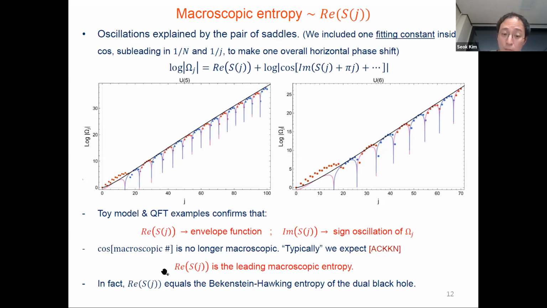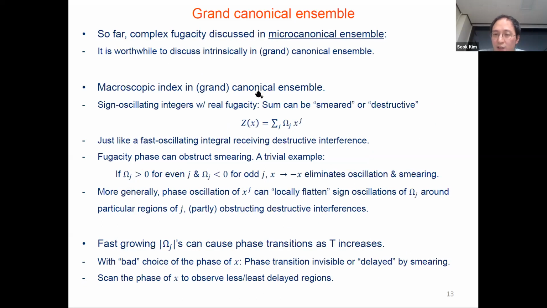And in fact, this real part, as a function of the single charge J, equals the Bekenstein-Hawking entropy of the original Gutowski-Reall black holes. And this story can be generalized to the most general case in which the black holes carry 5 charges, so that the index can be seen in 4 combinations of them. The entropy as a function of 4 independent charges again completely agrees with the black hole entropy if you take this real part. The imaginary part gives you this oscillation and sign information. Okay, so that's precisely the same structure as